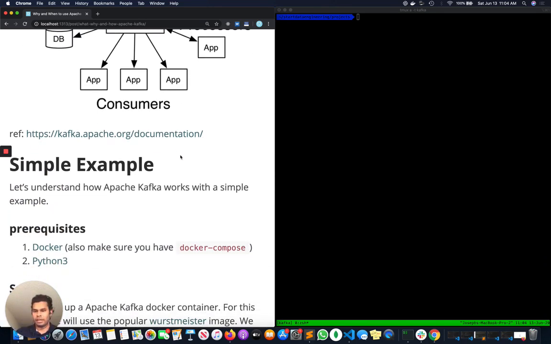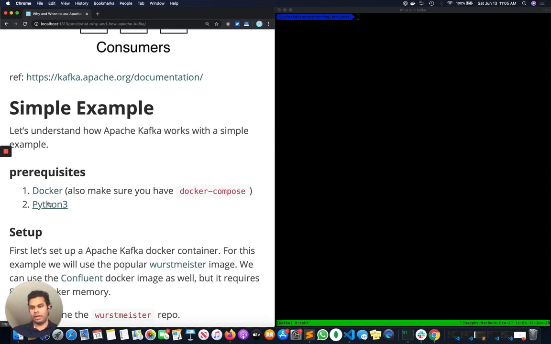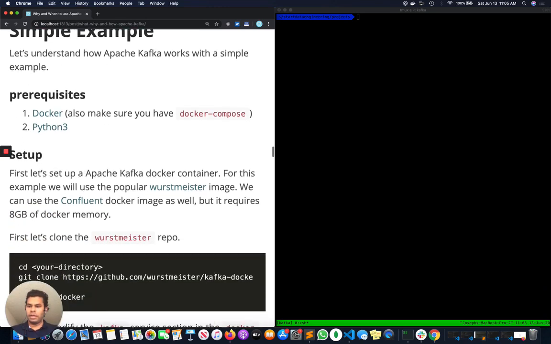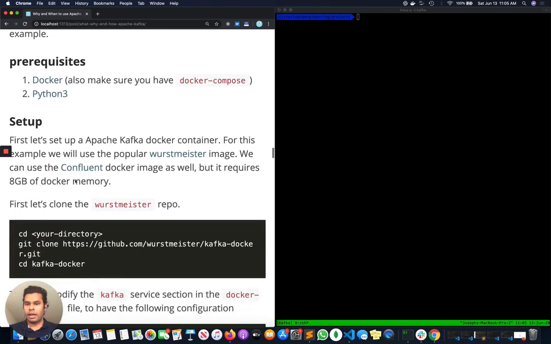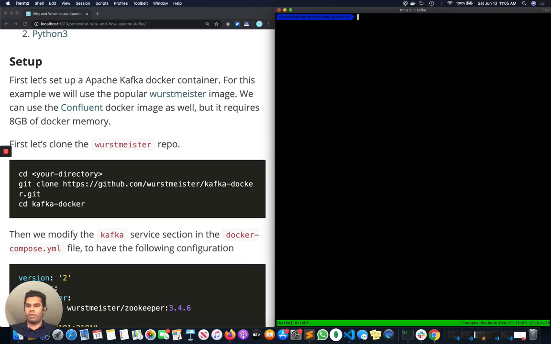All right, so let's get started with a simple example to understand how a producer produces a message and a consumer reads that message. In order to do this, we need to have Docker and Python 3 installed. I'll leave the links in the description below. You can install those from there. For Kafka, we are going to be using a popular Docker image called Wurstmeister. It's pretty popular and it's easy to set up. So let's clone that